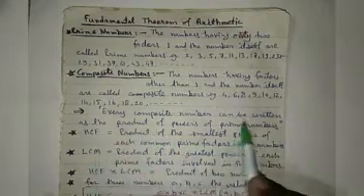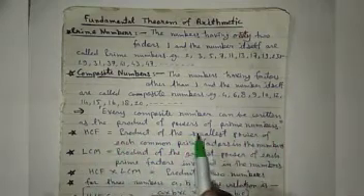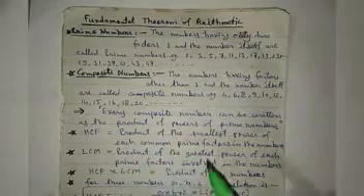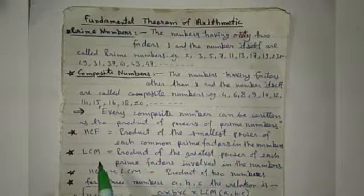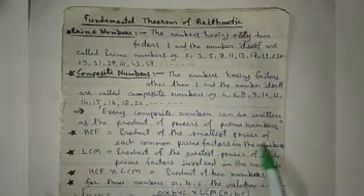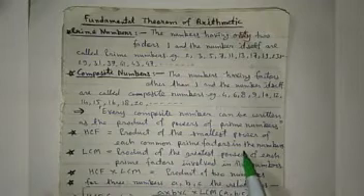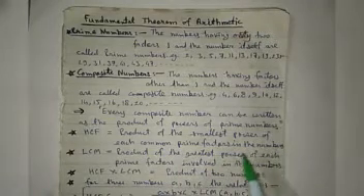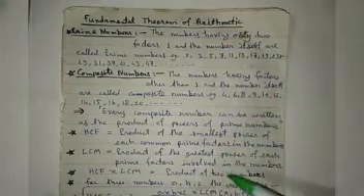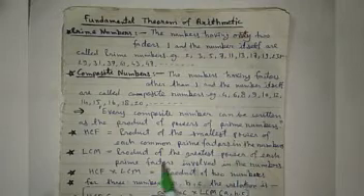Every composite number can be written as the product of powers of prime numbers. Means all composite numbers can be expressed in terms of prime numbers. This prime factorization method is used for finding HCF and LCM. HCF is equal to the product of the smallest power of each common prime factor in the given numbers. Means here you have to find the common prime factors in the factorization of all the numbers. That will be the HCF.